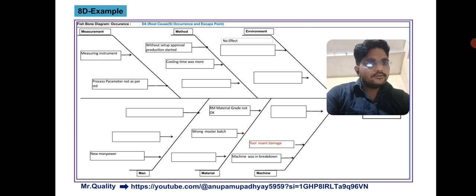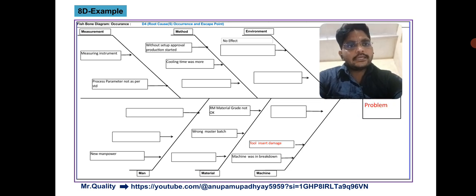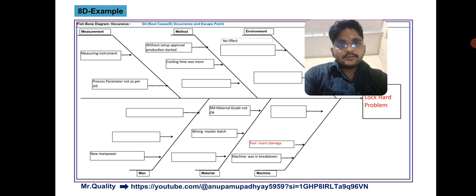What is the root cause analysis of occurrence? We have performed the fishbone diagram, with measurement, method, environment, man, material, and machine. This is the main cause, and the ones written in brackets are the possible causes, meaning primary, secondary, and tertiary causes. We should validate all these causes. If any gap is found, we should take it